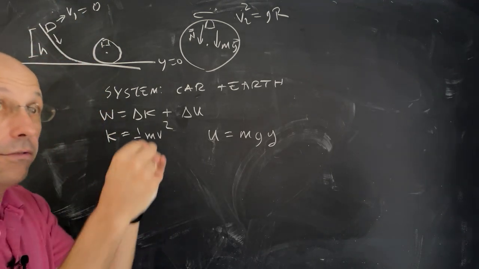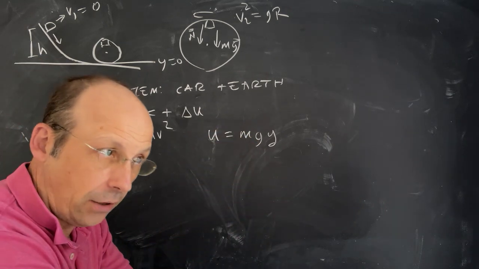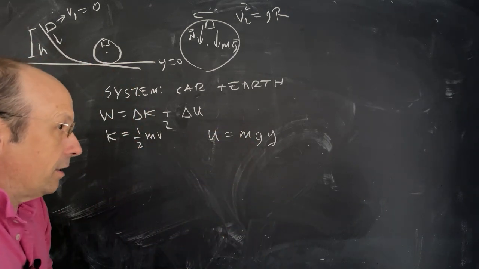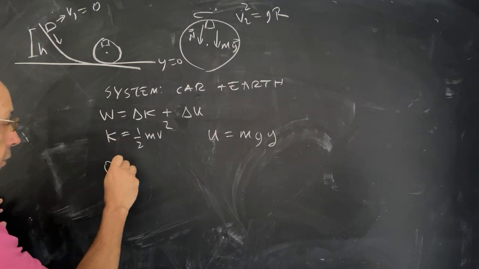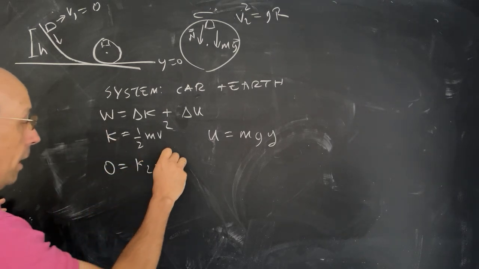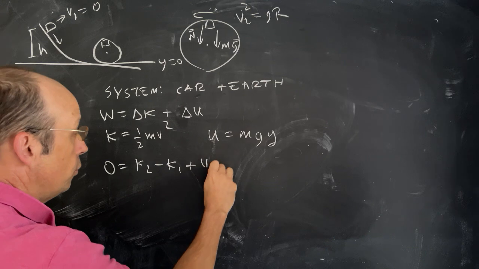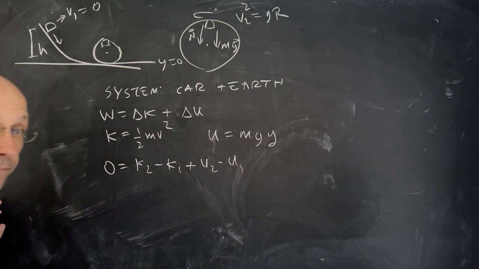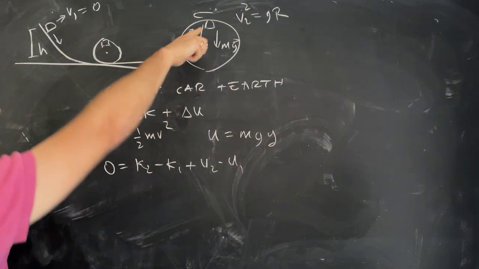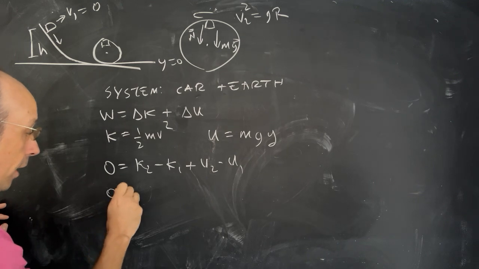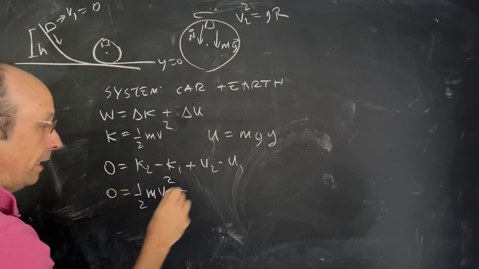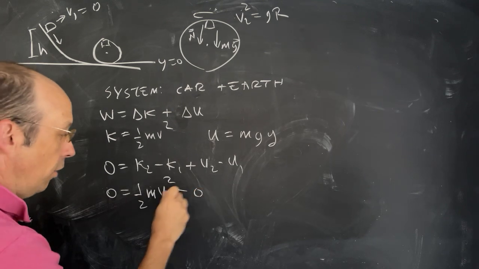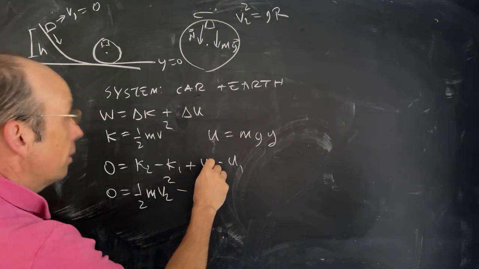So the work is F delta R cosine theta. Cosine theta is 0. So it doesn't do any work. So I have no work done. So I can say 0 is K2 minus K1 plus U2 minus U1. Okay, so what's the kinetic energy up here at point 2? That's 1/2 mv2 squared minus the initial kinetic energy, which is 0, plus the potential energy